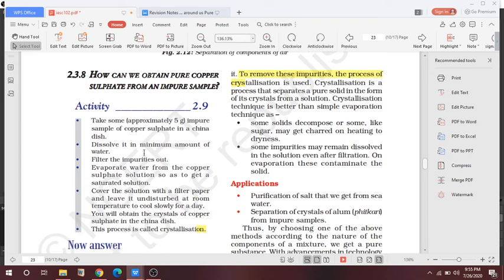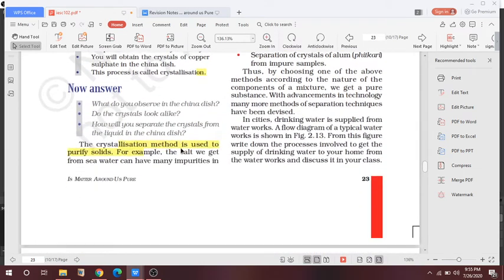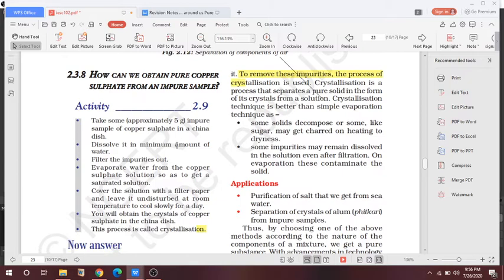So how can we obtain pure copper sulfate from an impure sample? Take some impure sample of copper sulfate in a china dish, dissolve it in a minimum amount of water, and now filter the impurities. Evaporate water from the copper sulfate solution so as to get a saturated solution. I discussed the saturated solution in the previous class. Cover the solution with a filter paper and leave it undisturbed at room temperature to cool slowly for a day. So you will obtain crystals of copper sulfate in the china dish, and this process is known as